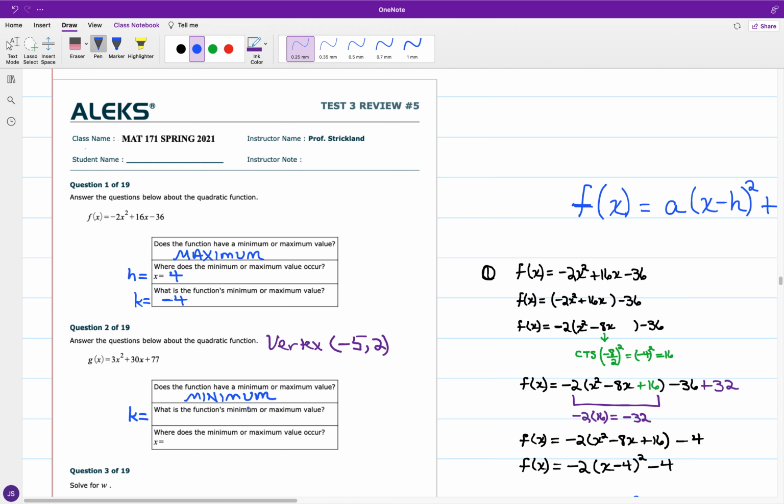So the minimum value is going to be at 2, and where the minimum is going to occur, that's going to be your x coordinate or h value. In this case, that is going to be at -5. And looking at just the visual display for that particular function,